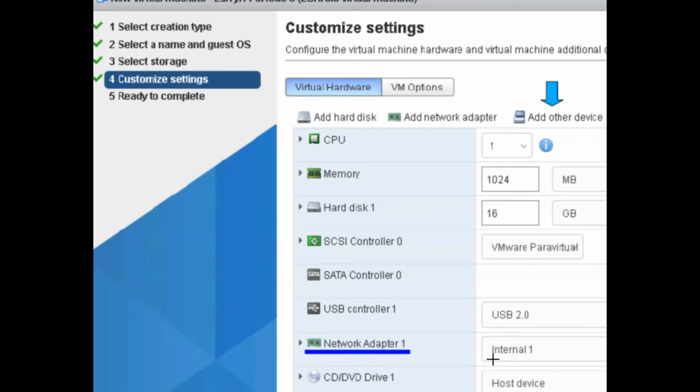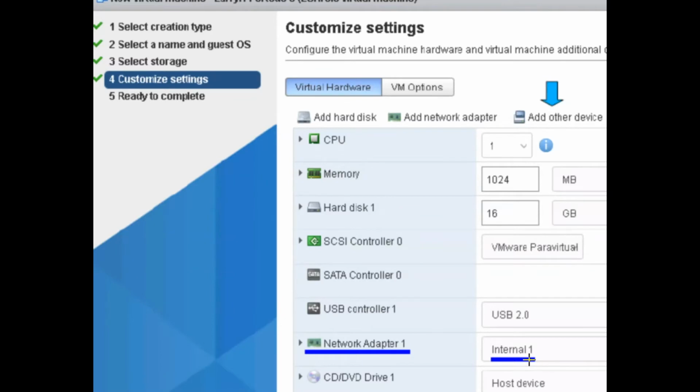And it plugs into a port group, which is a named set of ports on a virtual switch. And so I can click this drop down and pick any pre-configured port group that exists on my ESXi host, because I may have different port groups that uplink to different LAN segments, like production. There may be internal LAN segments, meaning that they can't get out onto the internet, that sort of thing. There may be a management LAN segment, a storage LAN segment, and I can plug my VM into any one